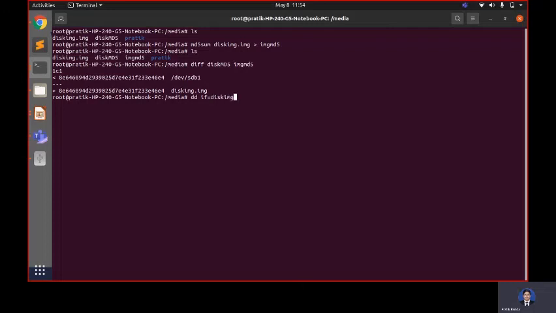dd if=disk img.img of=/dev/sdv1, and then bs, that is block size, equals 1k. Okay, it is copied.